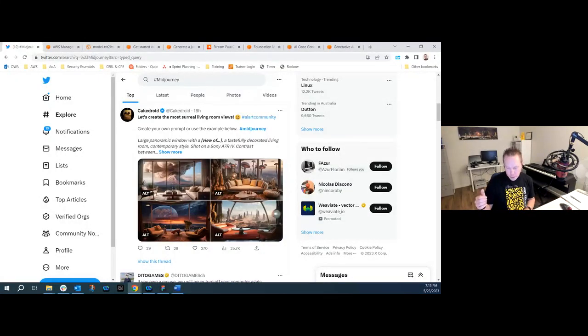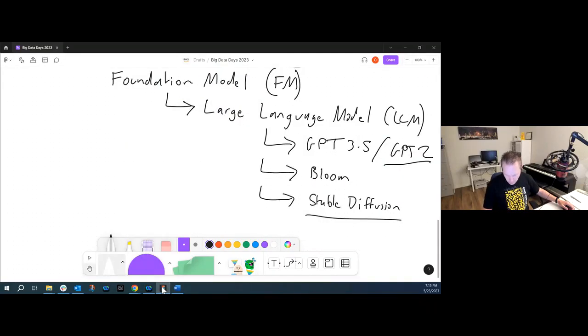I'm going to talk about Amazon SageMaker Jumpstart and how we can get started with some of these large language models. I'm also going to show or talk you through Amazon Bedrock and Amazon Code Whisperer. But I'll come back to those in a moment. So let's delve a little deeper and talk about some of the